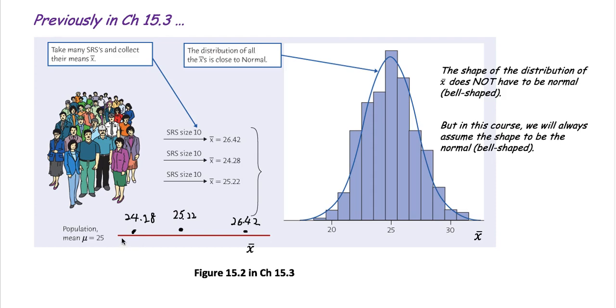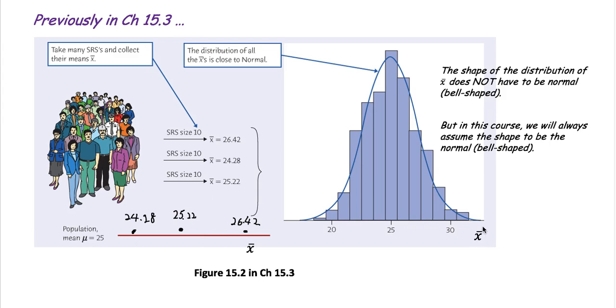So imagine you have a number line, and this number line represents all possible sample means. So 26.42 will be here, 24.28 will be at that point of the number line, and then 25.22 will be here. And of course, you're going to have many more dots because you're taking many sample means, okay? Then, once you have all these numbers, you can do a histogram showing the distribution of all these sample